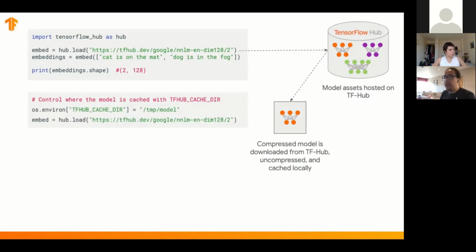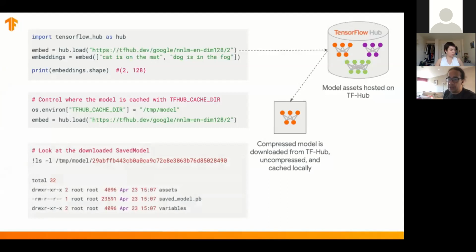But if you want to download the model and, for example, convert it to TensorFlow Lite, if it's not converted yet, you will need to know where the model is. That's why you would define that. You can see the saved model, the variables, and the assets that were downloaded. So this is how it works behind the curtains.